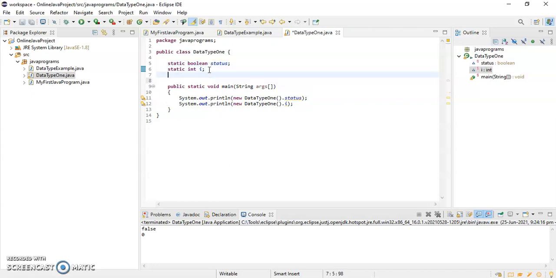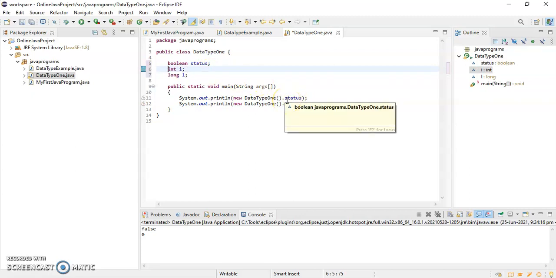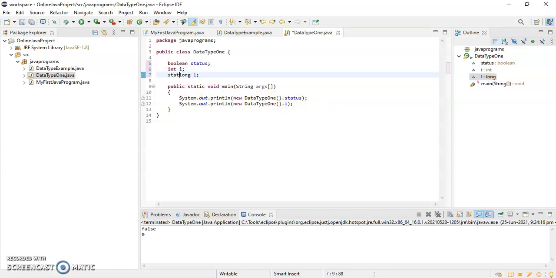Okay, for example, say I have given long L. Okay, long L, and it is throwing a warning because we have declared these variables as static. So that is the reason it is throwing a warning. If you declare any variable using the static keyword, it can be accessed directly. If you are declaring the variables in the same class, then those can be accessed directly. So suppose I have given static long L. Okay, I am giving syso.